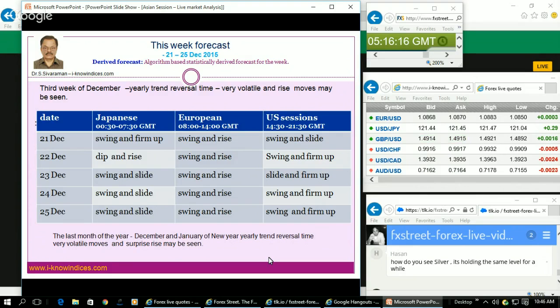And still they will continue to do the sequential trend reversal, but they will do it for 2 months, not 2 weeks or 1 week. During the monthly trend reversal, they make nominal moves, but the yearly trend reversals will be big moves. But compared to previous years, this year they are making very nominal volatile moves. In fact, it shows that the volume is relatively reduced in the market.